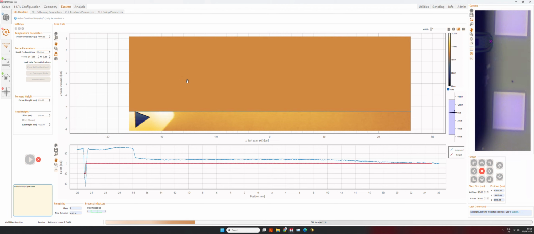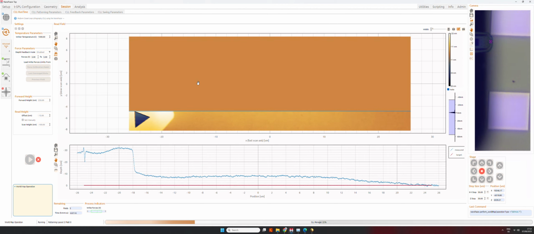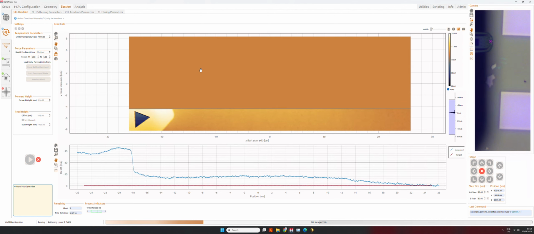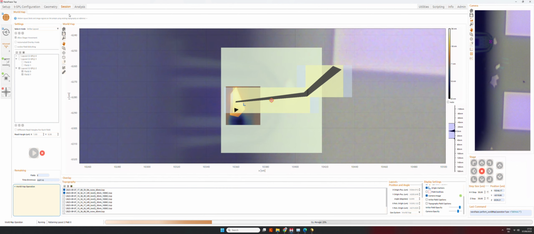It's quite hard to define, so just to know the kind of errors that you can introduce and how you can avoid it. So unselecting this allow stage movement.